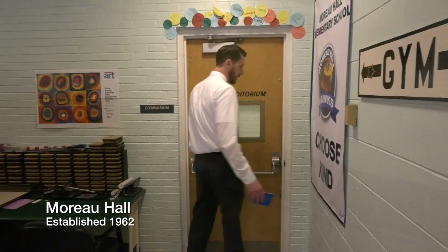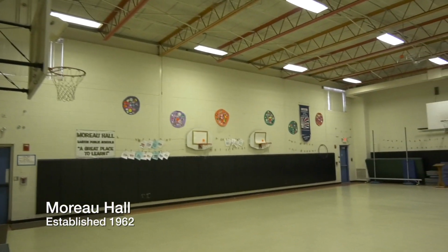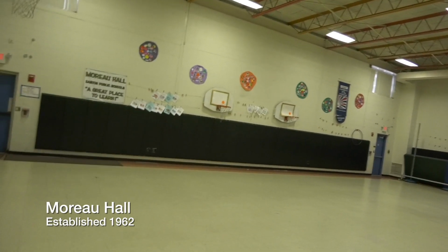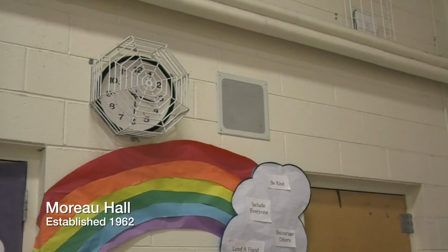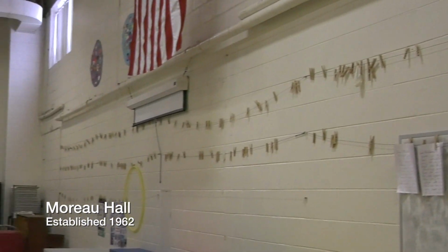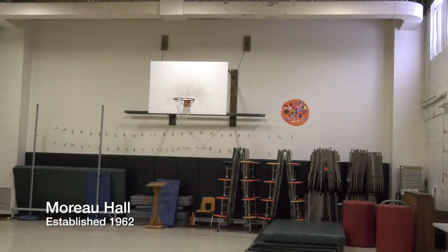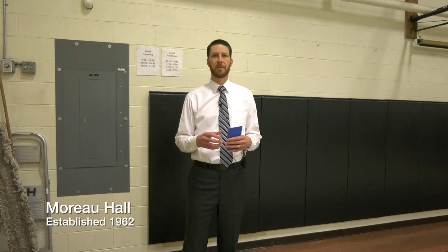This here is our gymnasium. So in this room we host both physical education and our art classes and any school assembly we might have. It's just about big enough to fit the whole school when we need it. Obviously we have to be creative with scheduling art and phys ed because they can't be here on the same day, and it can be a little bit difficult. We also have community get-togethers in here, back to school nights, things of that nature. Sometimes can be tough to fit